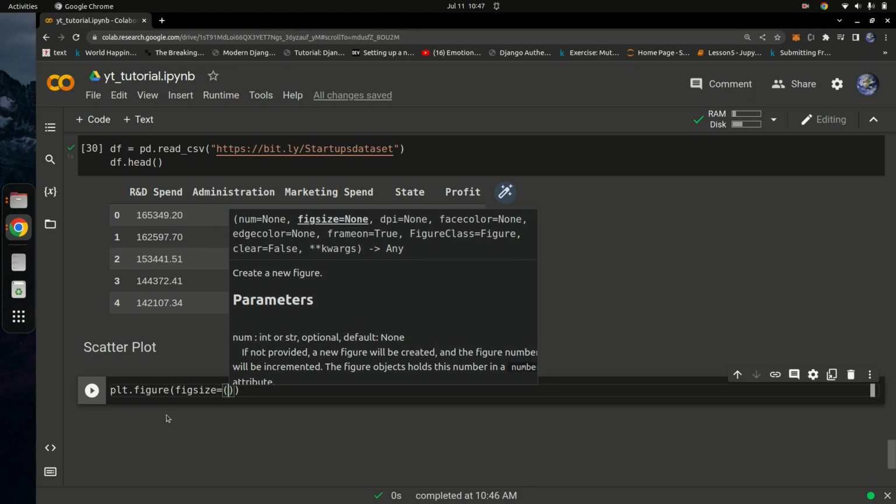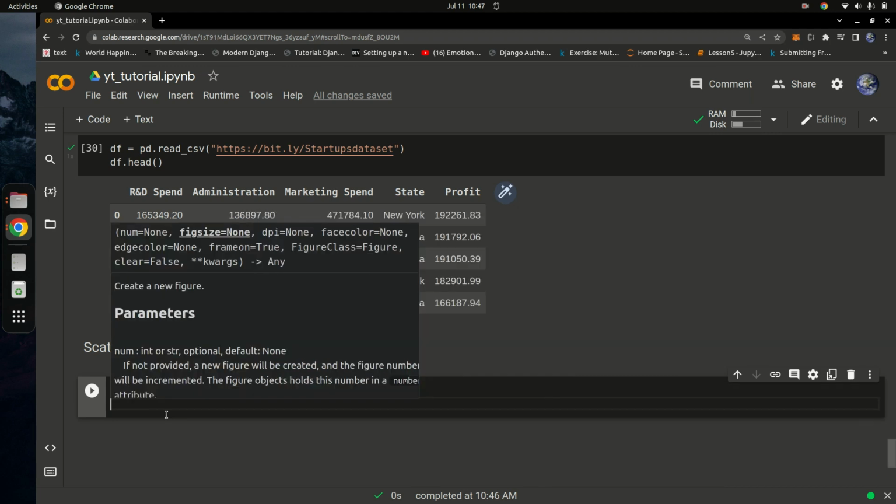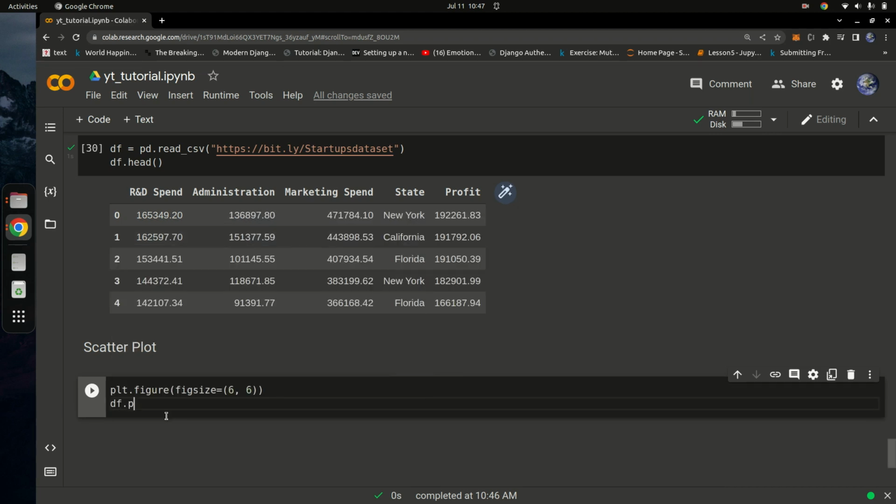Okay, and what I'm going to do, I'm going to say df.plot.scatter, right? And you're going to simply say the x is going to be the marketing spend, and the y is going to go ahead and be the profit, right? So y is going to be the profit. That's all. And then from there I can do a plt, sorry, I'm just going to undo that, and down here I'm going to do a